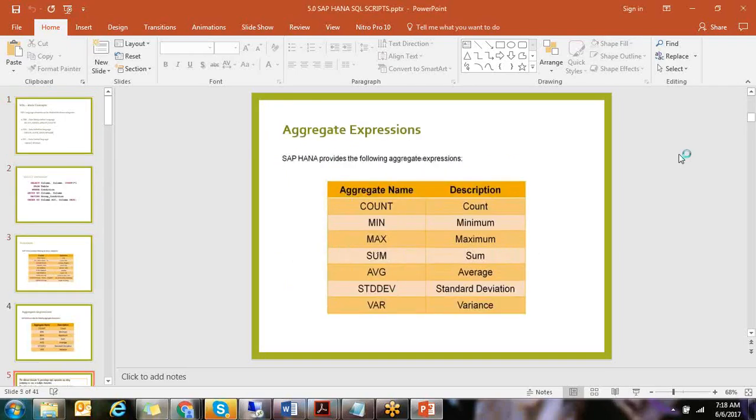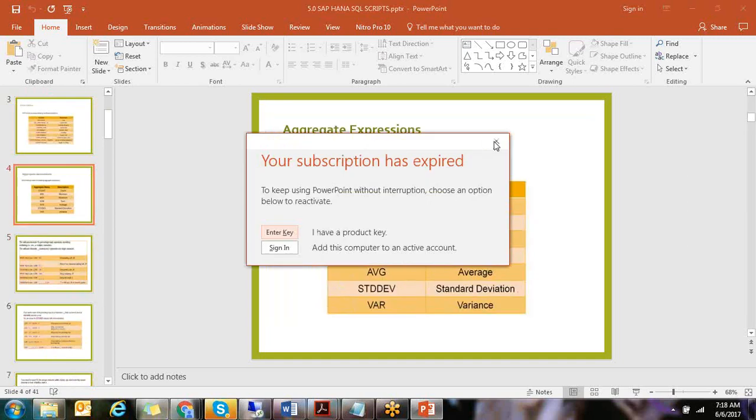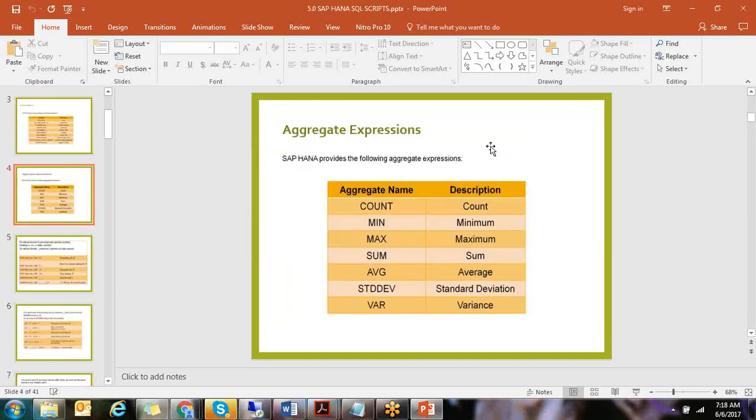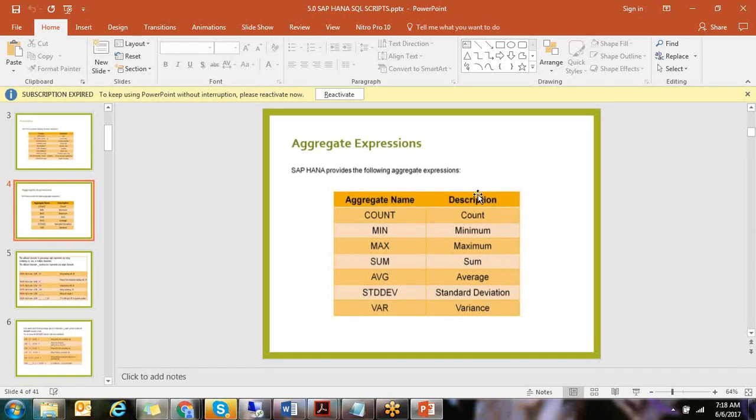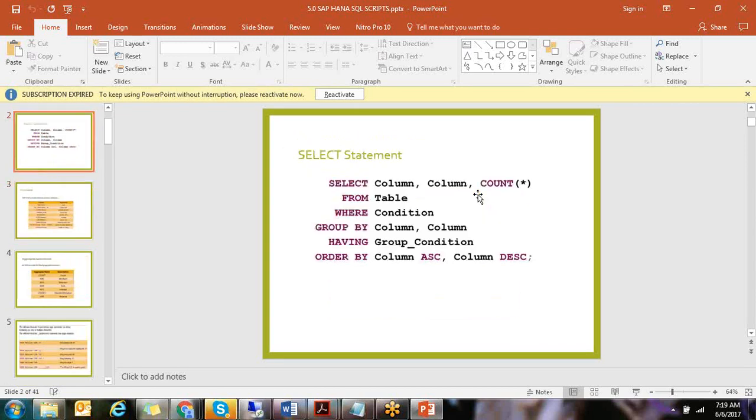See, these are the aggregation functions. I told you, right? These are all aggregation functions you can use. And the group by having functionality, and the order by; we didn't check order by also. Order by is the sorting, ascending or descending.